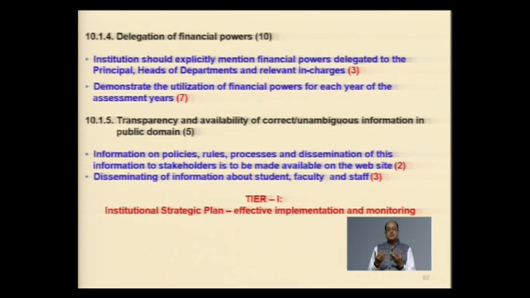A growth plan will typically talk about how they want to grow in the next 5 to 10 years, with short-term goals, long-term goals, some kind of benchmarking, and identification of manageable and non-manageable constraints. Within those defined constraints, how they want to grow over a period of time, and if they have a strategic plan, how effectively they are able to implement that plan in the institute, and how they monitor the implementation of the strategic plan is something which is expected from a tier 1 institution.